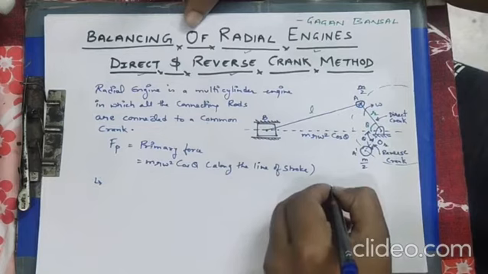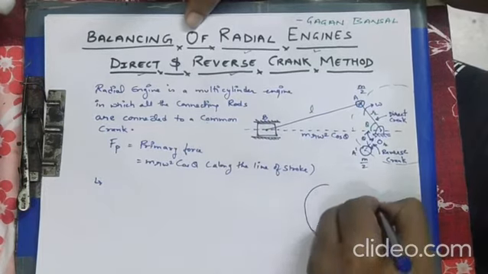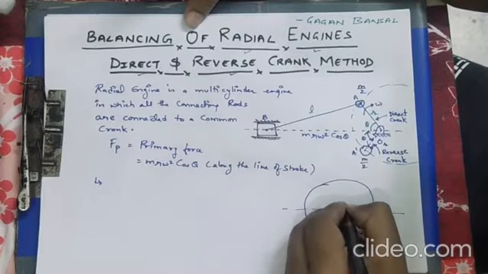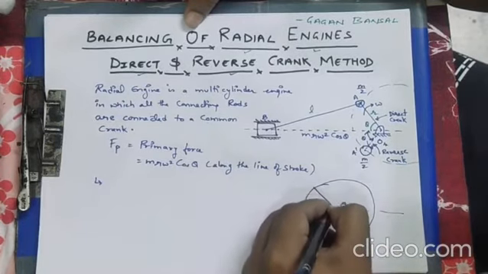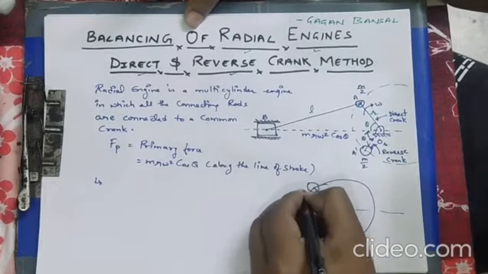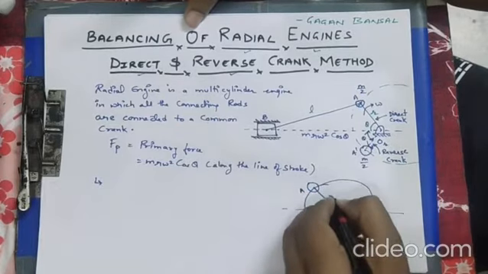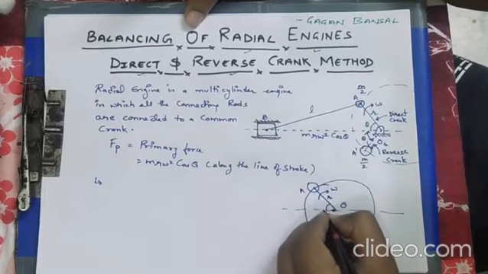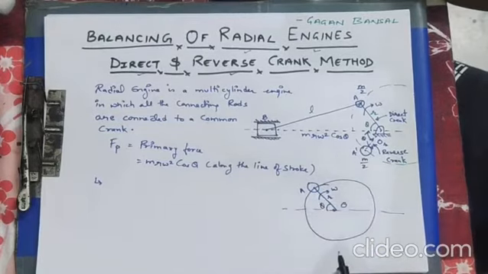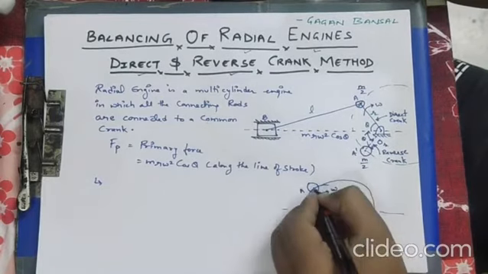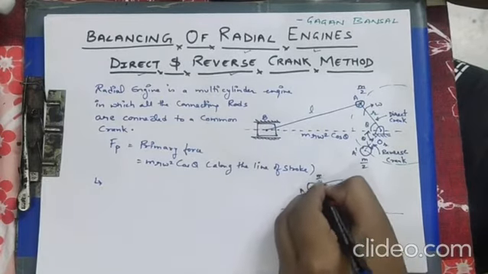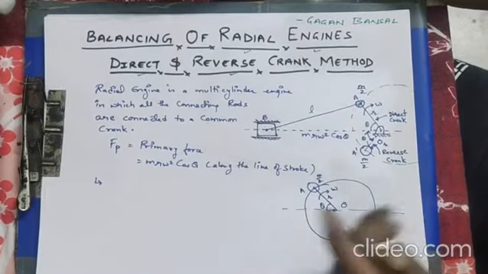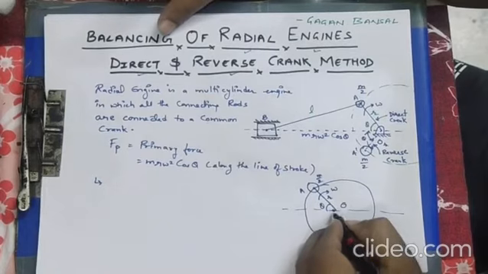What I mean to say is, suppose we have a point O in which we have a crank OA of radius r rotating with angular velocity omega at an instant and having angle theta. So let here the mass placed equal to m by 2, where m is the total reciprocating mass